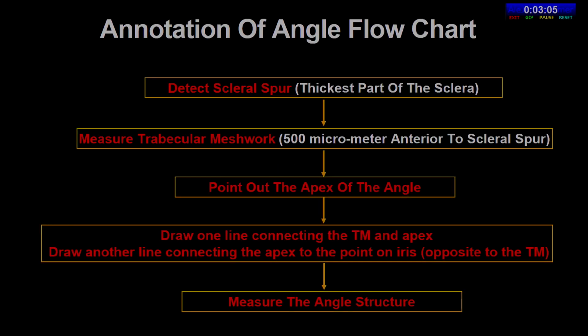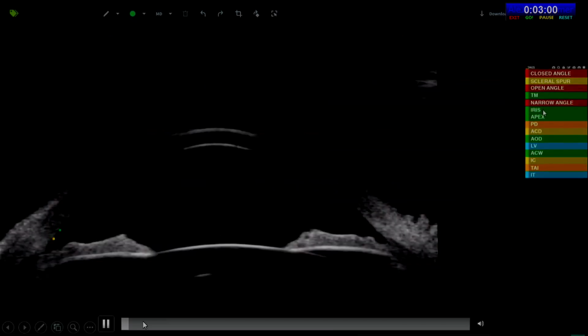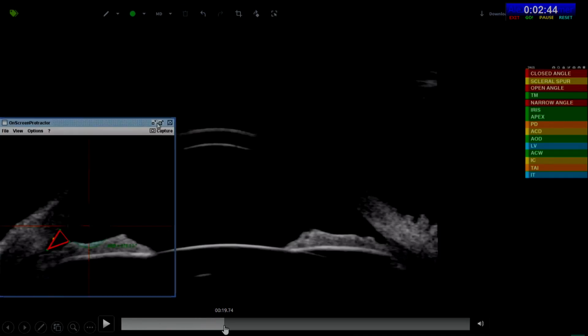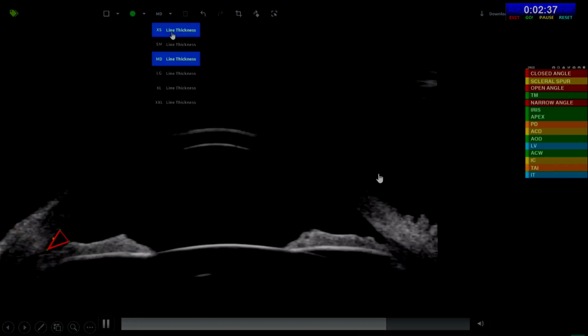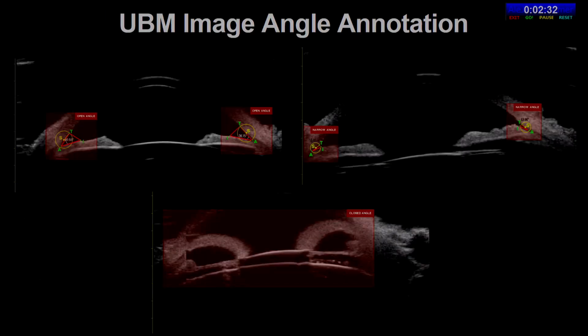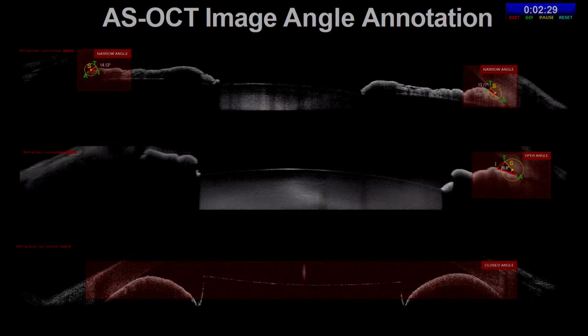So with that, we wanted to push to the angles of the anterior segment, and this was the modality that was followed here, where you can see this protractor that has been made. First, the scleral spur is detected, and manually a red dot, 500 micrometers anterior to the trabecular meshwork, is detected, and a perpendicular line is drawn, and then you get the triangle here. So this triangle you can see, and then the protractor that we are getting, and you get the angle 36.46 degrees, and then you show the machine. It's basically human intelligence that we use to really guide the machine.